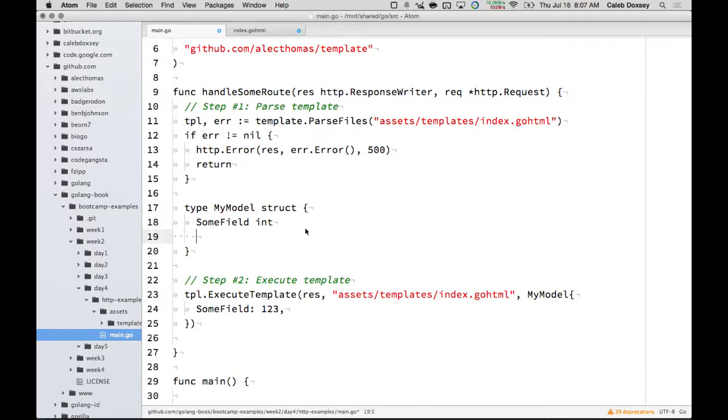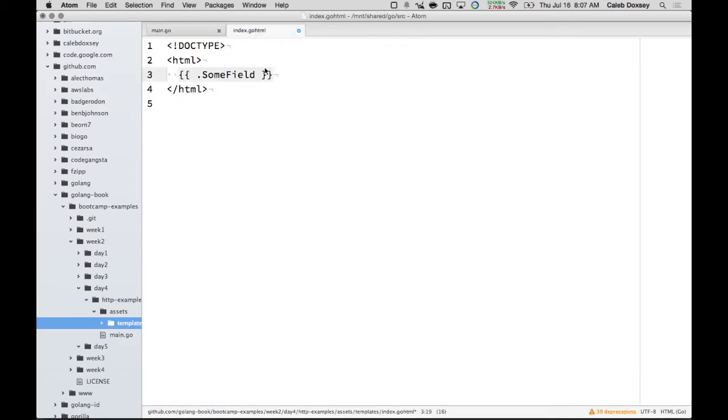If we want to make more than one thing, we can use values and say a slice of ints. And then we can do that over here: 1, 2, 3, 4, 5. And we can use range. So we can say range dot values and then end. Inside of here, it'll happen however many times there are, one for each value, right? And so I could say use dot, and this is going to print,